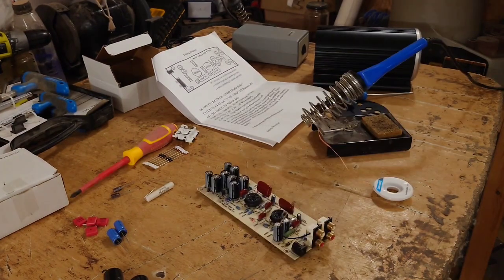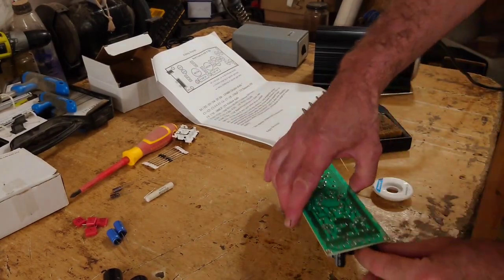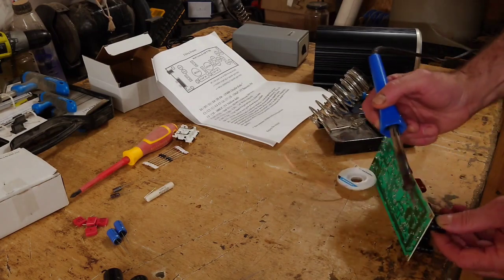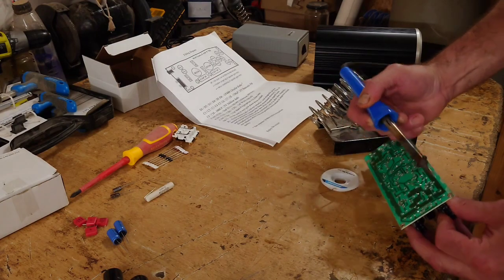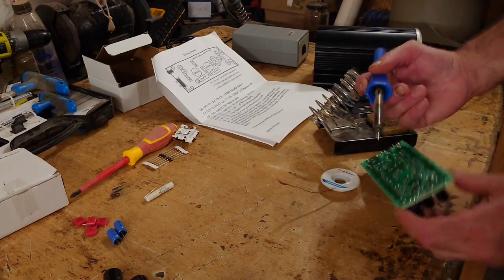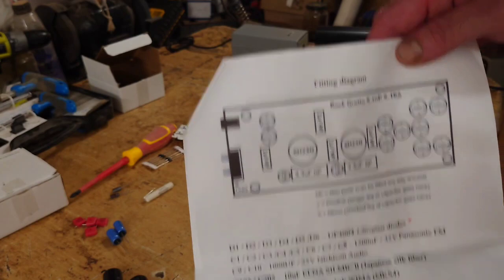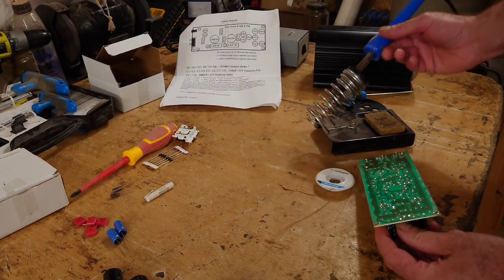So we've now got our soldering iron heated up, and what we're going to do first, we're going to start removing some of these electrolytic caps off the back by just soldering off these caps quick. They're really easy to do, they just pop straight out. There you go, that's one. Okay, because we've got this diagram, I've already taken a photograph of it, we know where the negative and the positive is going to be. So all I'm going to do is take all these caps out first, and then I can